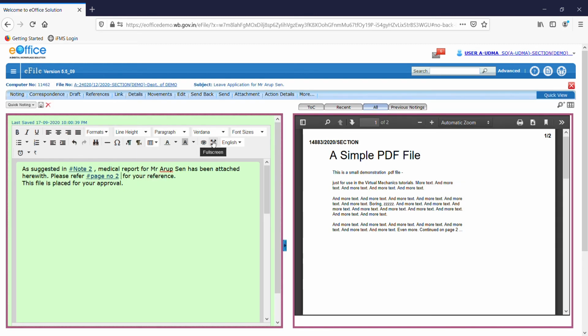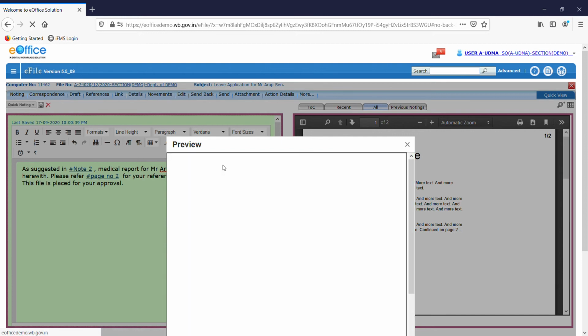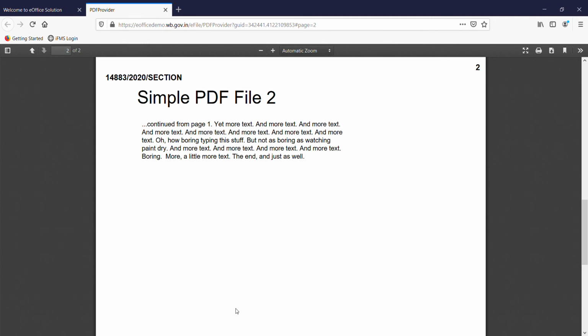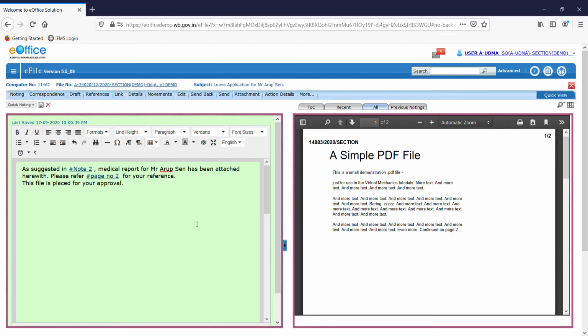Again click on the preview button, click on this page number 2. We are able to see that the corresponding page where we want to refer is properly showing. So now we are closing this one, and now we send this file for approval.